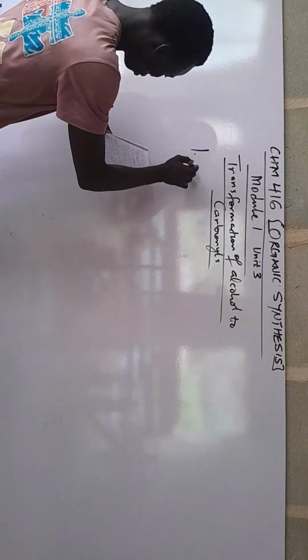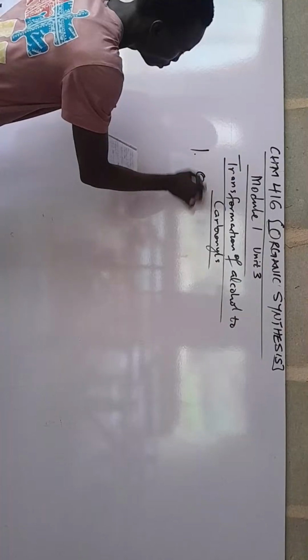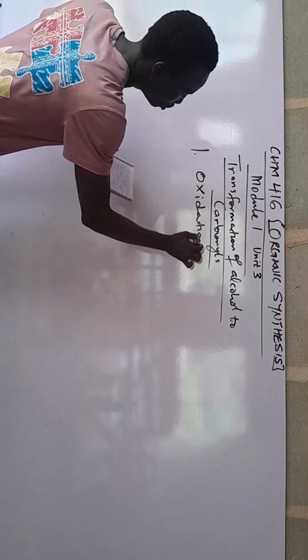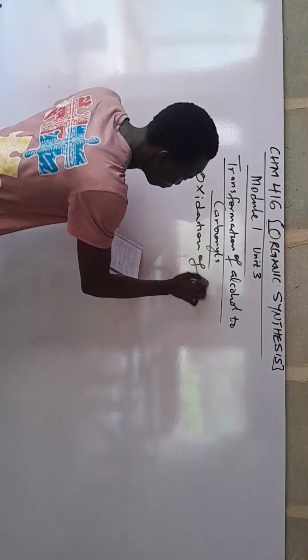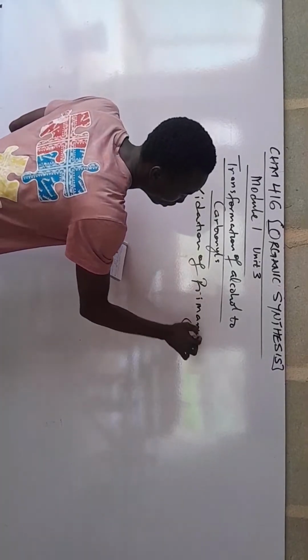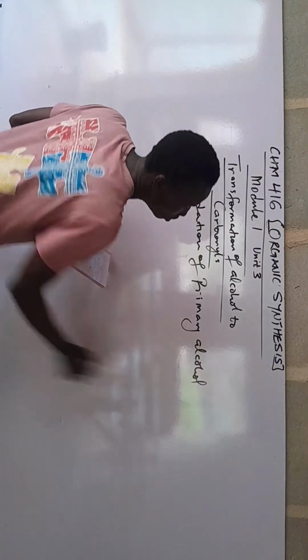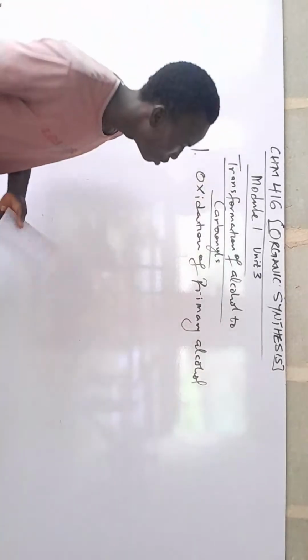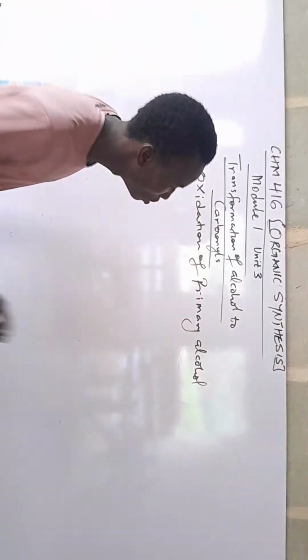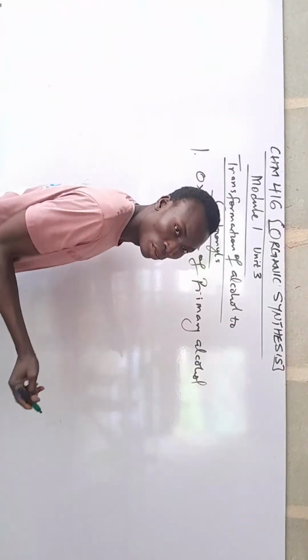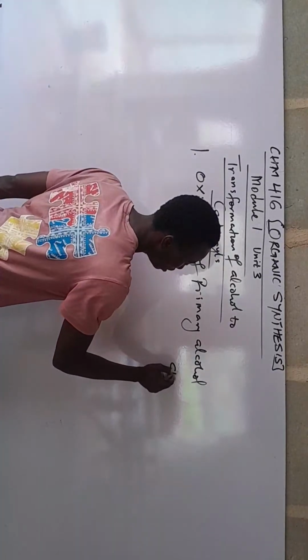Let us begin from here and see exactly what we have. For the oxidation of primary alcohol, a sample of primary alcohol is ethanol, for example, which has